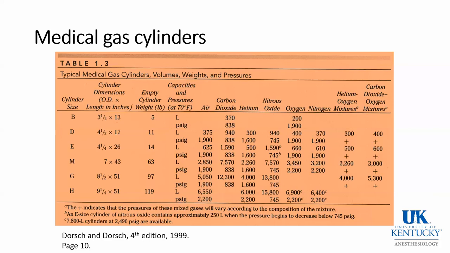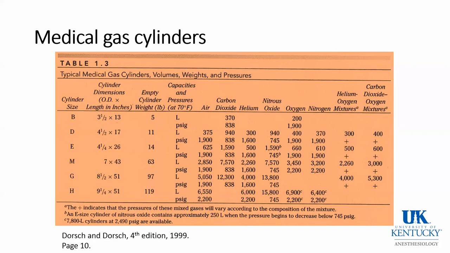This table was cut and pasted from Dorsch and Dorsch, 4th edition, 1999, and summarizes, I think, in a pretty clear way the cylinder sizes and their pressures and volumes,